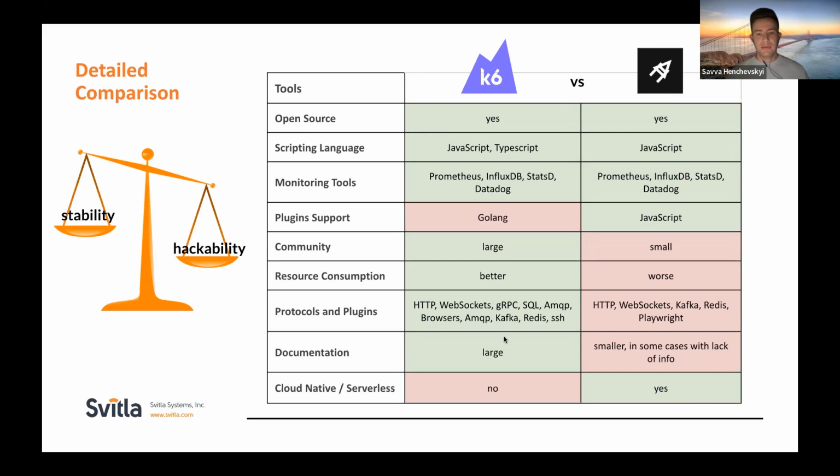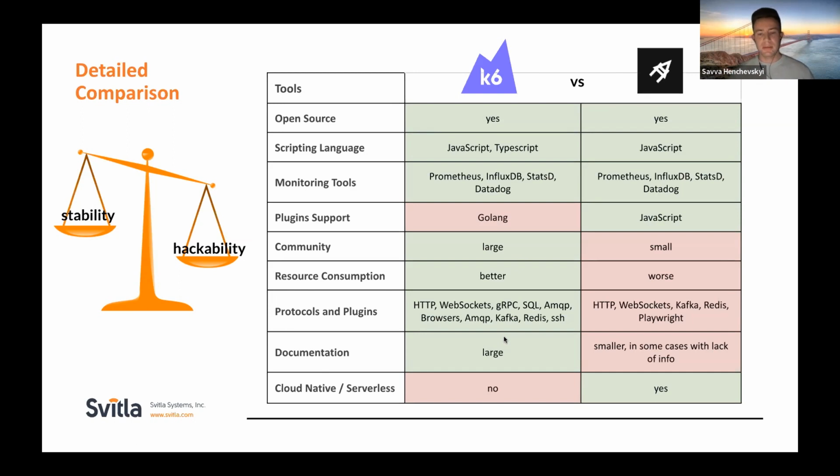But on the other side, it adds a bit more syntactic sugar to the scenarios. Both tools support a big variety of monitoring tools such as Datadog, Prometheus, Influx, StatsD, and others. Both of these tools are extendable and give developers the ability to extend the tool's functionality to support custom protocols. But the minus of K6 here is that most QA engineers don't have experience